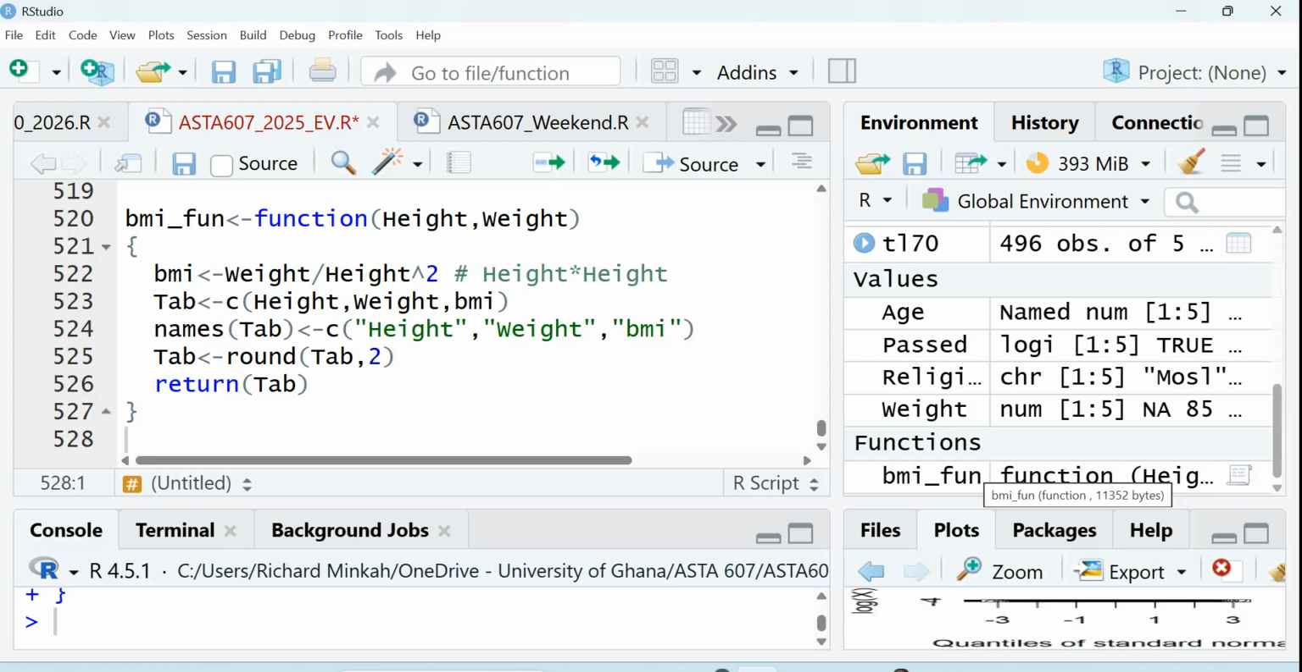Are you done? Yes. You have to use the function. We are not writing it again. We want to use it to calculate BMI. So what we need to do now